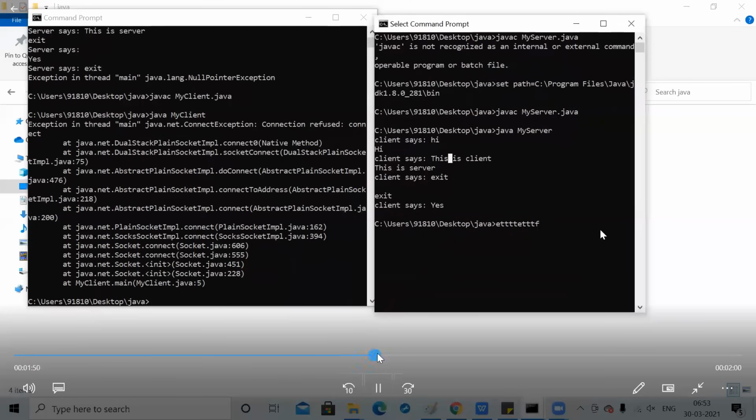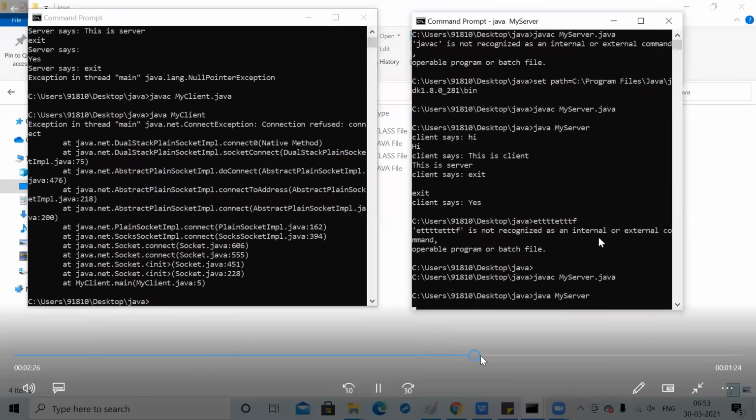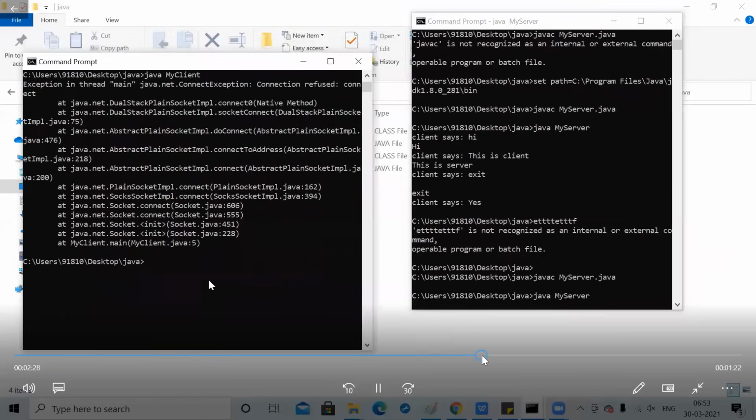This is the server side class. Similarly, you can run javac MyServer.java to compile your MyServer Java file, then to execute it, you use java MyServer.